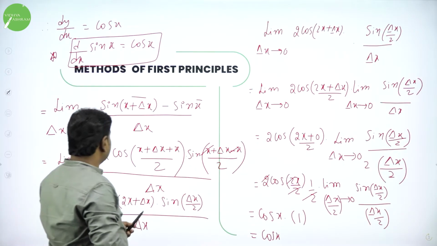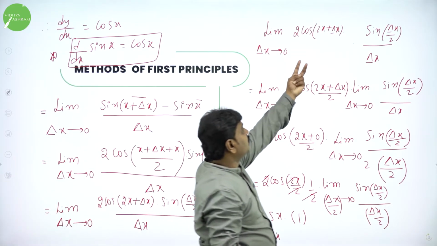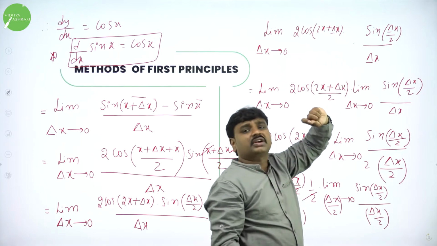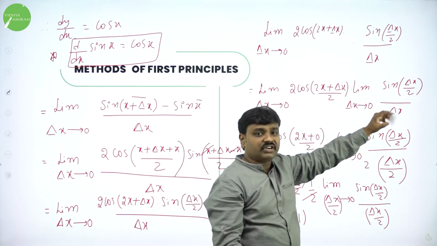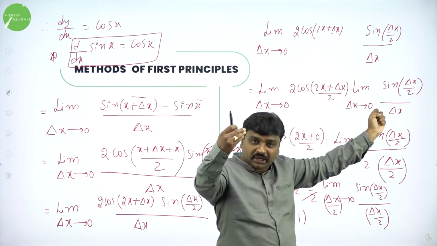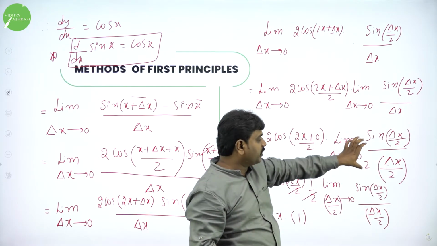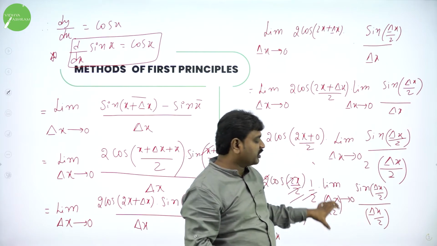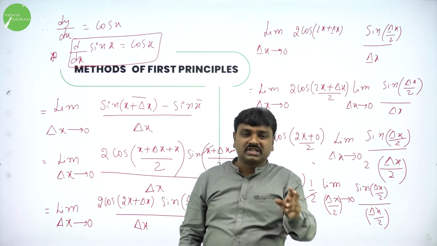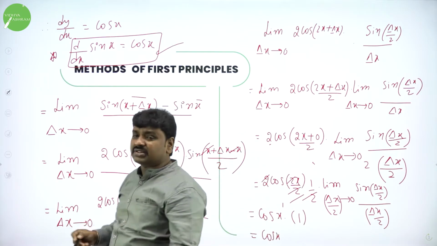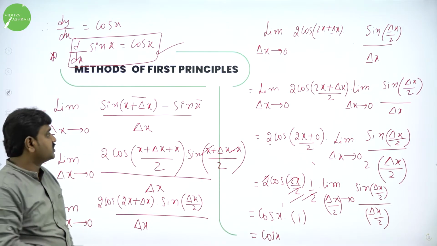And here further, the 2 cos part you separate and the sin part you separate, and write them as a product of two functions. If you have a product of two functions, then you can apply the limit for each function: apply the limit for the first function, into the limit for the second function, reducing the second function to sin theta by theta form. Here we have delta x by 2, but the by 2 is missing, so divide and multiply by 2. This 1 by 2 is a constant, take it out and apply the limit, this will become 1, and in the place of delta x put 0, you will get cos x. So the answer is cos x into 1, cos x. What is the derivative of sin x? Cos x.